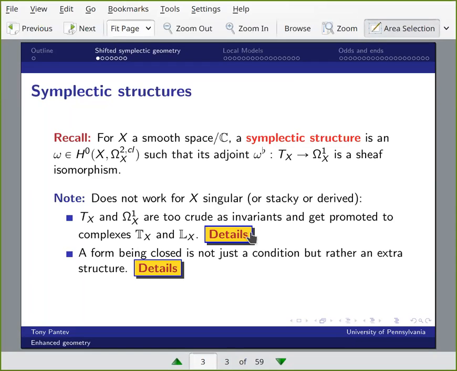And in fact, it could happen that if you have a derived stack which is not locally of finite presentation, so it's not locally given by function theory which is essentially a polynomial algebra, maybe graded, then there is no a priori relation between the tangent and the cotangent complex. There is a map from the dual of the cotangent complex to the tangent complex, but that map could be